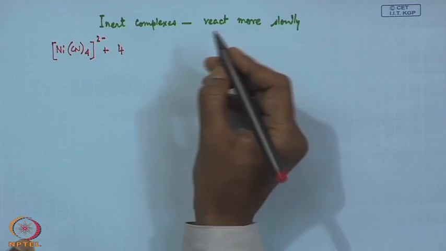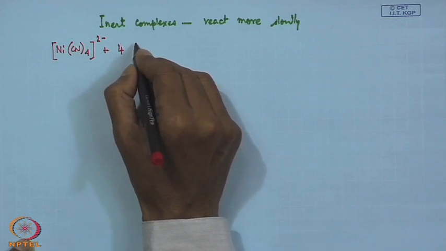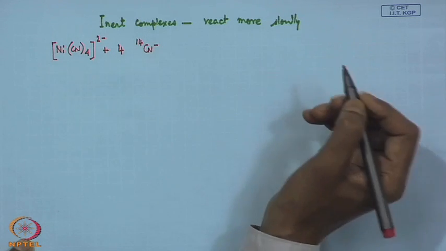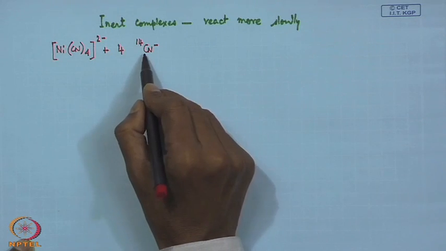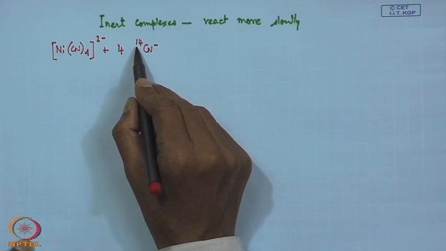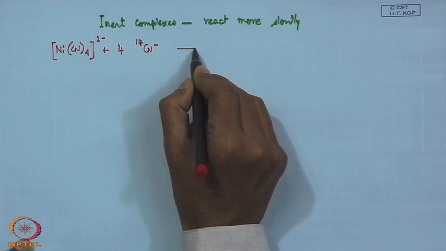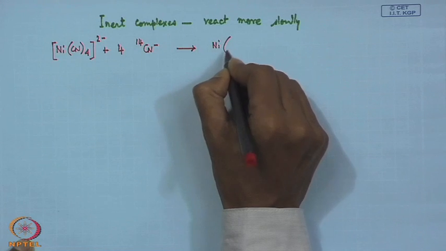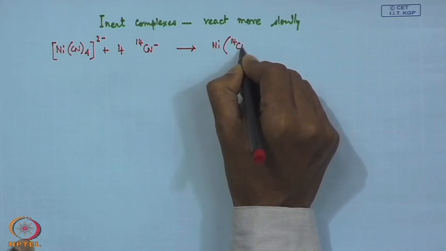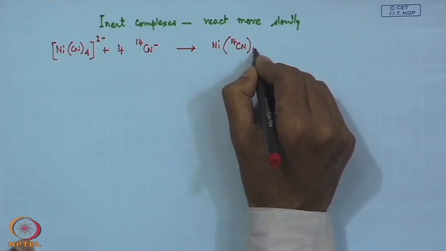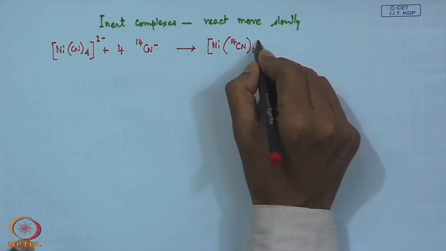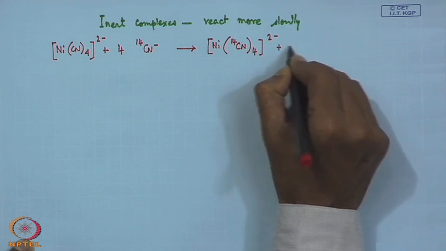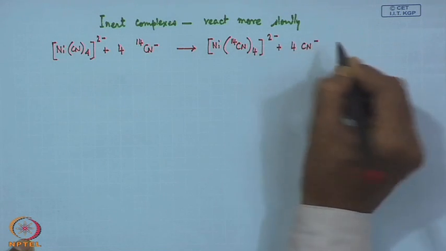Just like the water exchange reaction, we can also monitor the exchange of these attached cyanide groups with labeled cyanide, where carbon is radio labeled with carbon-14. With this, we will find that this substitution for the radio labeled cyanide can take place, but more slowly, with the elimination of normal cyanide,